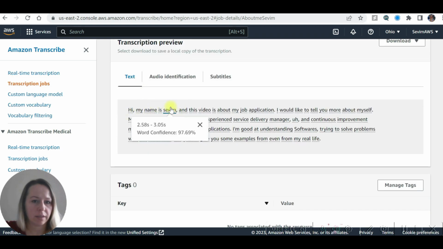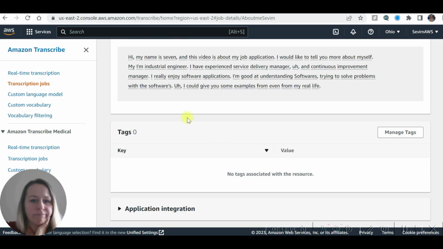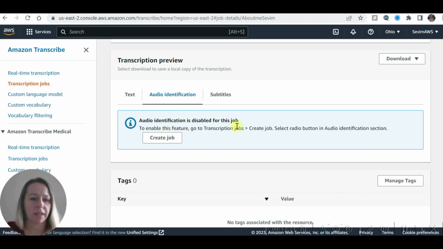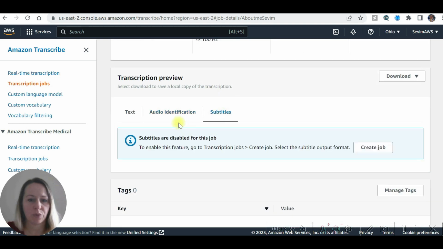Okay, it's okay that it doesn't understand my name, it spells it differently. And this is about my job application. This is great. This is what all the services provide. So without any charges, you can build your own transcription service. You don't have to use your other application. It's very simple. S3 bucket, if you are completely new, creating an S3 bucket might be a little bit complicated for you